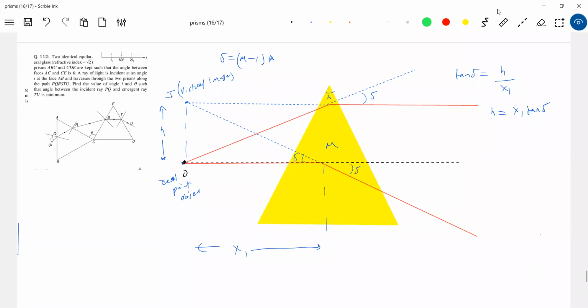Just you have to come out of the concept at what height. Suppose here if I keep a lens or say a concave mirror like this, then this I1, this I will become the object for it. And this I is at a height from the principal axis. So you know the height of the object and you know the distance. Then you can carry on the problem. So I think I solved it in class. Just refer to my notes. So here now, the idea of the prism is only this much. Now here the instrument can be a concave mirror, convex mirror, lens, let it be whatever it be. Once you know how to calculate this image I, its position, the rest all you can manage.